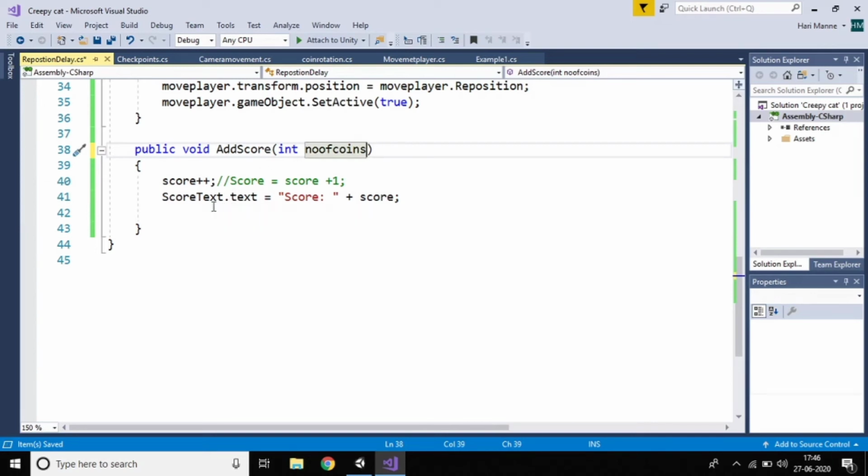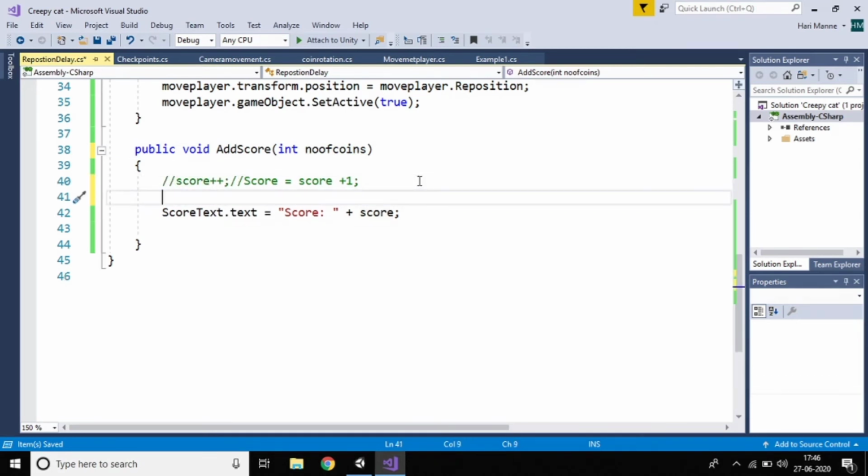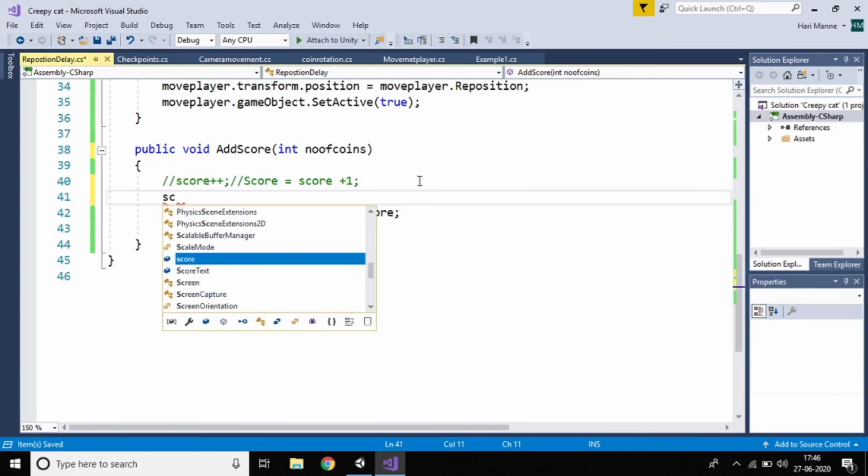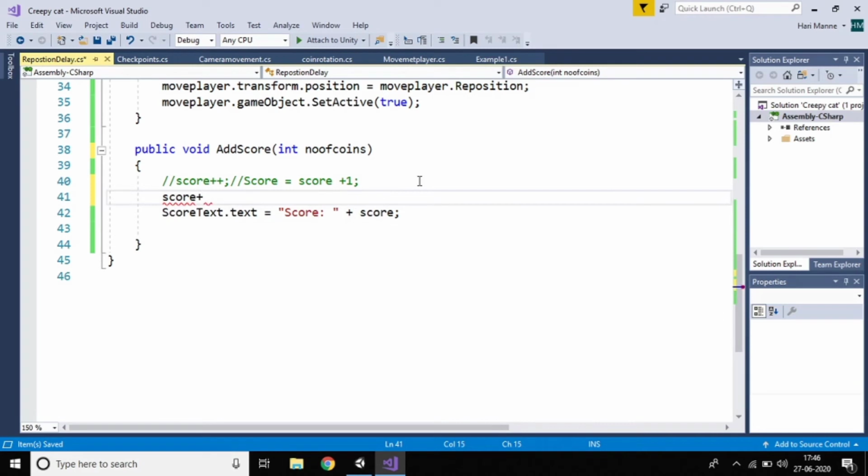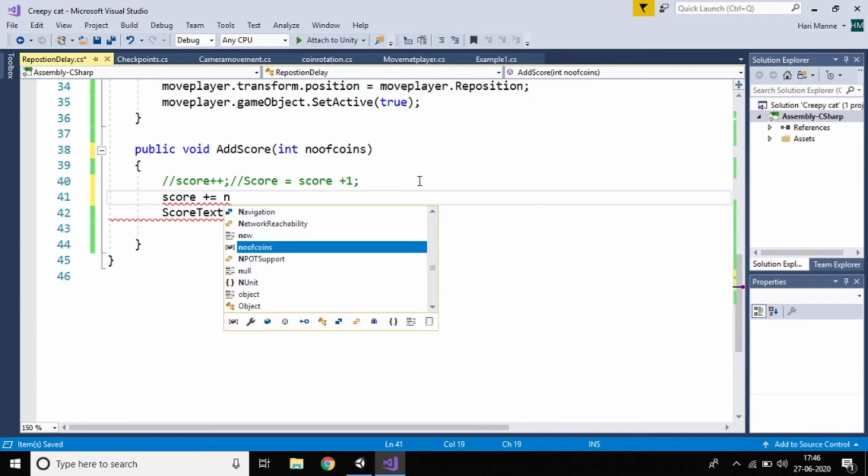So instead of writing this one, just write score plus equal to number of coins.